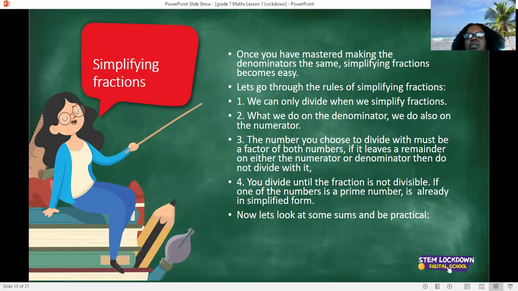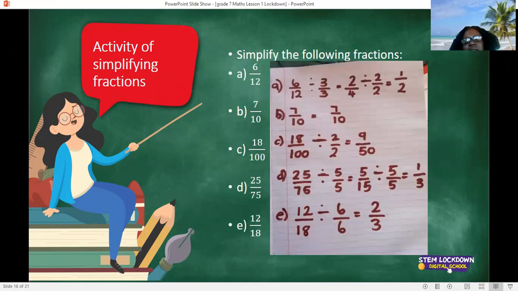Number 4, you divide the fraction until it is not divisible. So you divide it until you cannot divide it anymore. If one of the numbers is a prime number, it is already in a simplified form. You did prime numbers in term 1, in grade 6. Prime numbers are the numbers that can only be divisible by 1 and itself. 1 is not a prime number, sorry. 2, 3, 5, 7, 11, 13, then you leave it. It's already in a simplified form. So now let's look at the